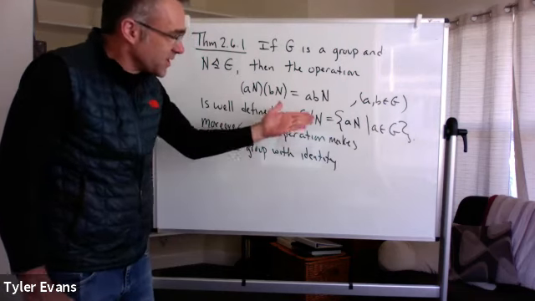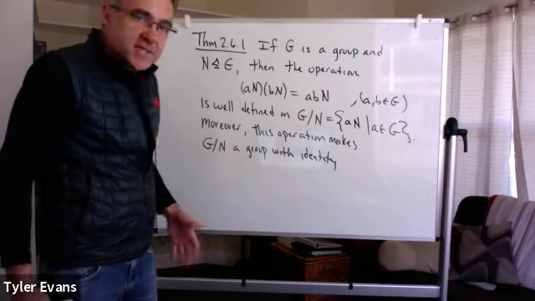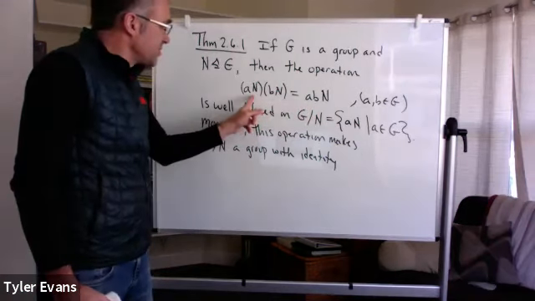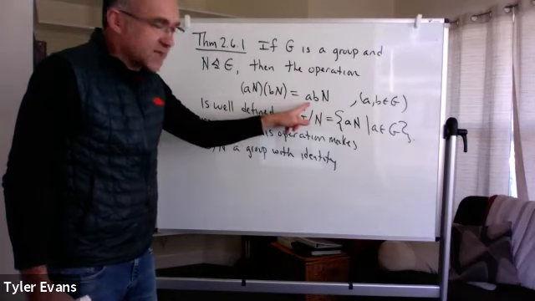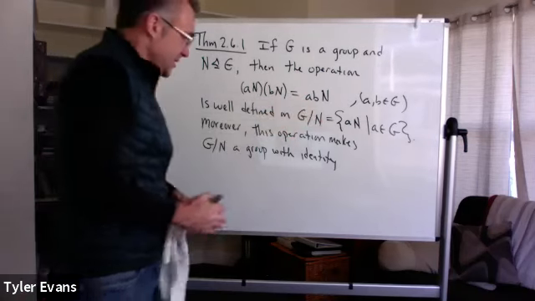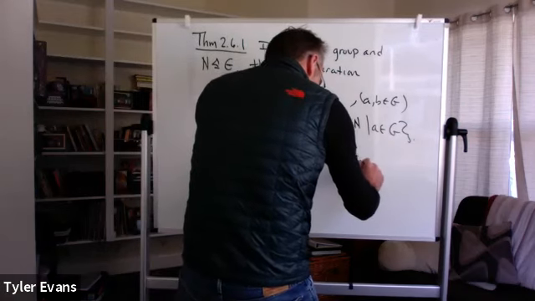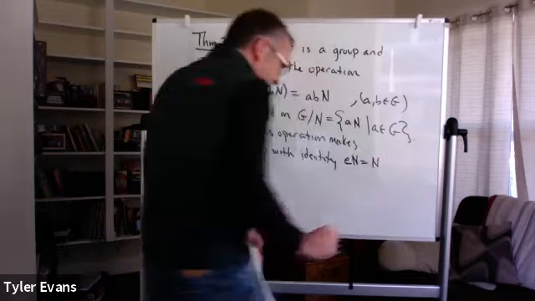Well, it has to be one of the cosets. Which coset is going to act like an identity under this operation of coset multiplication? Well, it's the coset containing the identity. So with the identity E N, which you can just simply write as N,